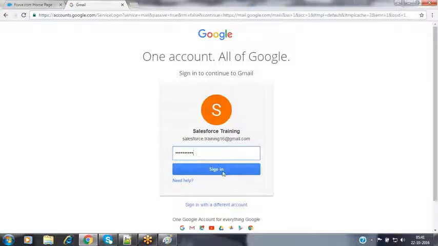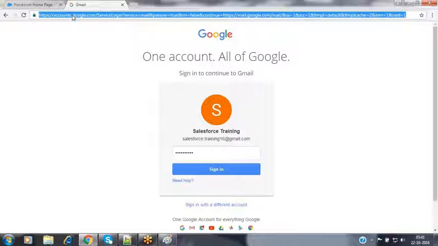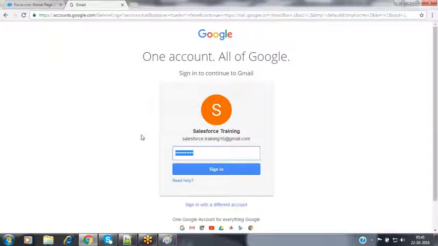So now as soon as I click on the sign in button, what will happen? Along with this particular request, this is the request URL which is available inside that address bar. This is the request I'm going to be making to that Salesforce server. This is the URL I'm expecting, and whenever it is logging into my application, please consider my password also. Nothing but please verify my password, and based on that password, please log into my associated application.